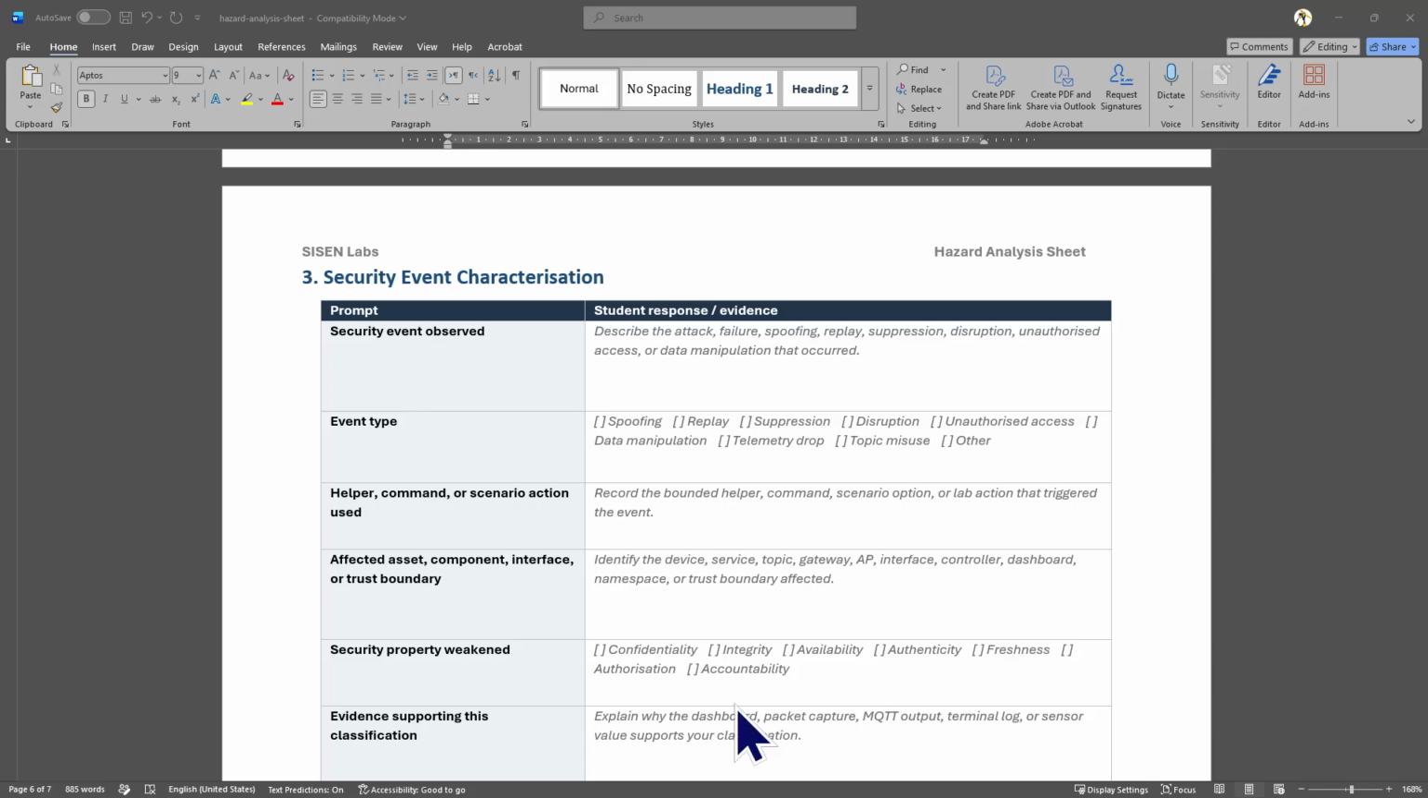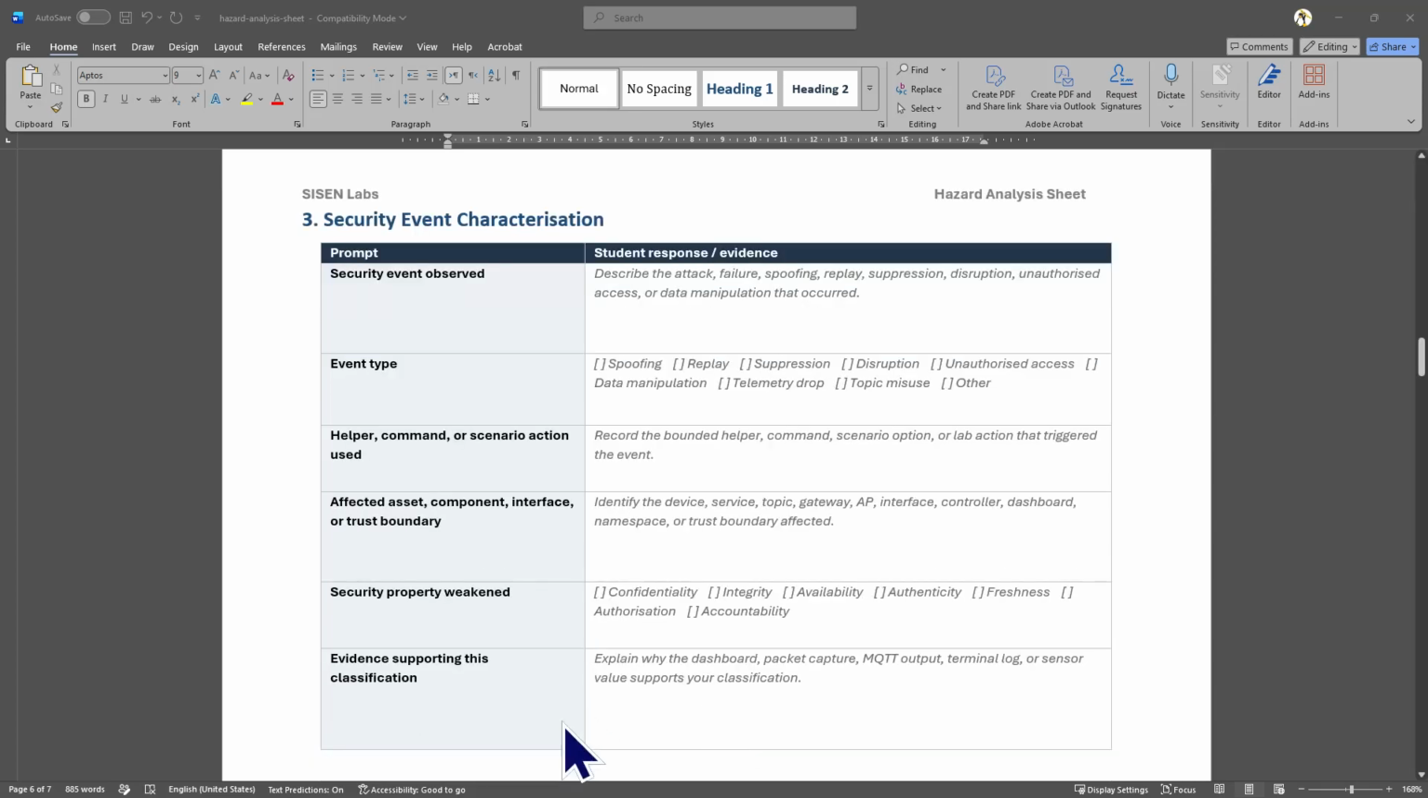Evidence supports this classification. Explain why the dashboard, packet capture, MQTT output, terminal log, or anything else supports your classification. For example, you can say something like, the injected MQTT message used the expected topic structure, was accepted by the broker and the dashboard, and the payload contradicted